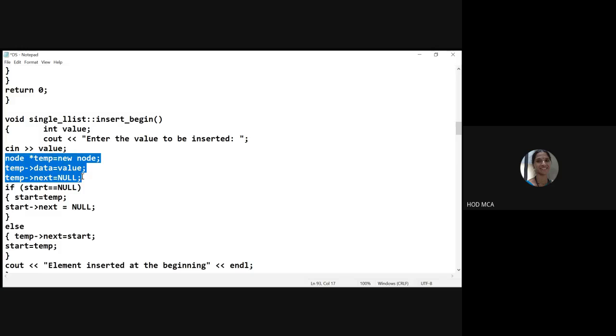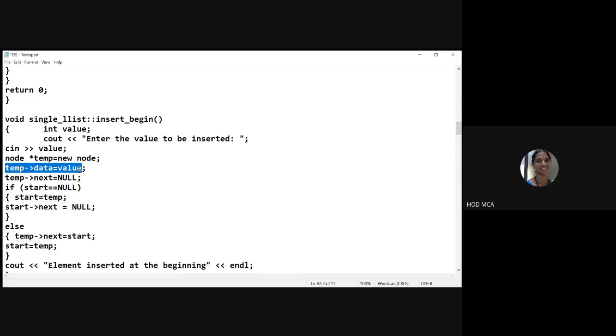Now, this is insertion at the beginning. That means at the beginning of the linked list, I want to insert this particular node. So first my node should be ready, correct? Now, what do I do? Temp is the new node. I am calling this new node temp. Now, temp = new means what? We are allocating memory for this particular node, correct? Whenever I create a node, I should be able to allocate the memory to this node, which is done using the new operator. New is an operator here. Next, I'll store that value into the node and keep my node ready. So temp of data is value. I've already accepted some value here, that I am going to put it here.